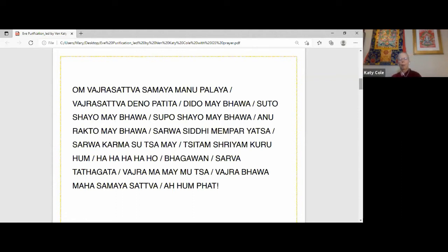Vajrasattva Samaya Manupalaya Vajrasattva Dina Patita Duda Mebolwa Sutokaya Mebolwa Supokaya Mebolwa Anarakta Mebolwa Sabasidi Mimpiyata Sawa Kama Sutta Me Sitam Shriyam Kuruhum Ha Ha Ha Ha Ho Bhagawan Sawa Tata Gata Vajramame Mutta Vajrabawa Mahasamaya Sattva Ahum Pe Vajrasattva